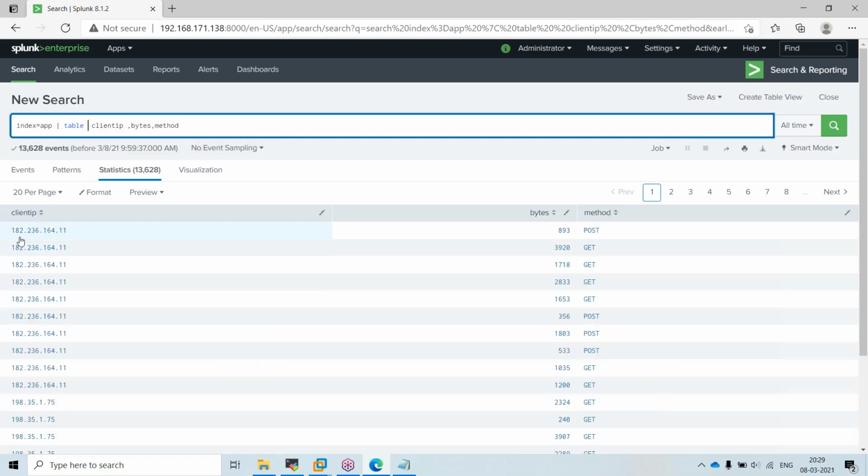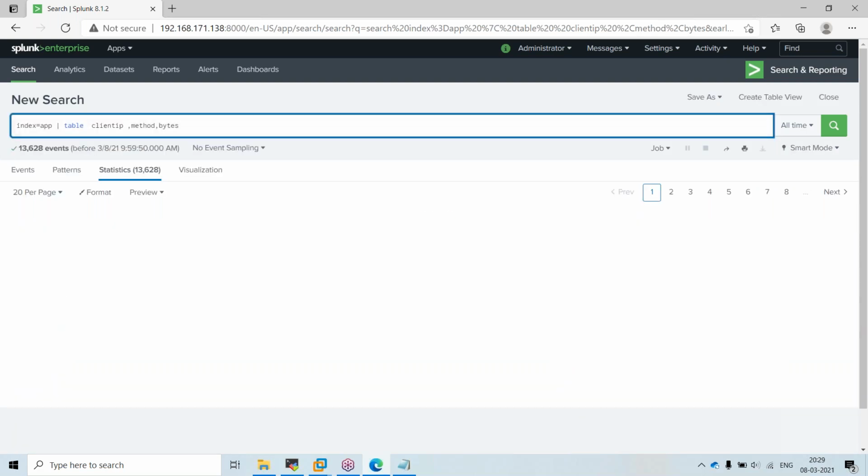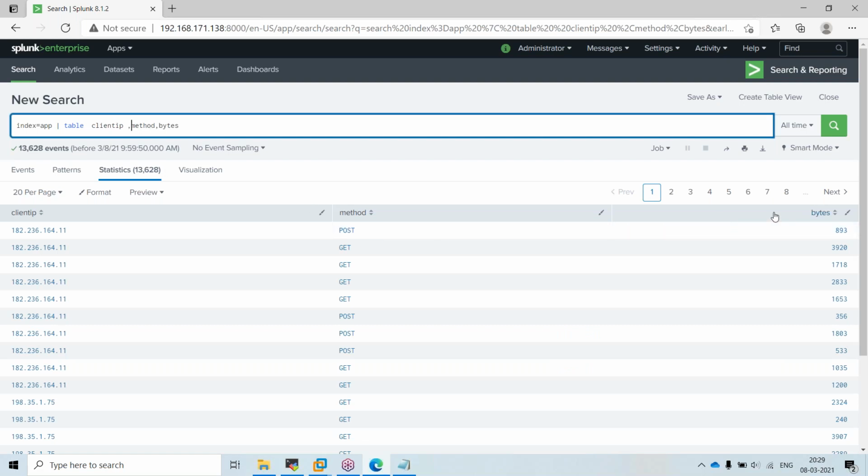So from this client, for this post method, this much bytes are consumed.